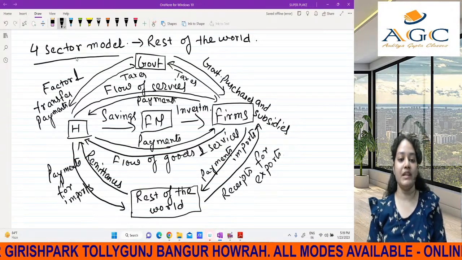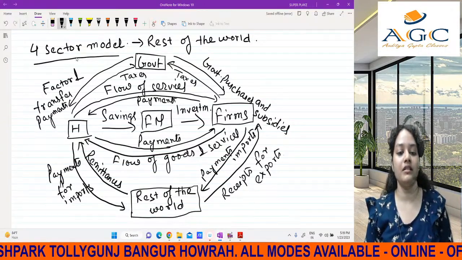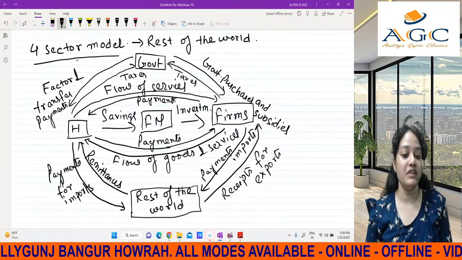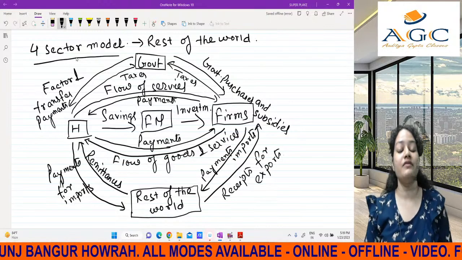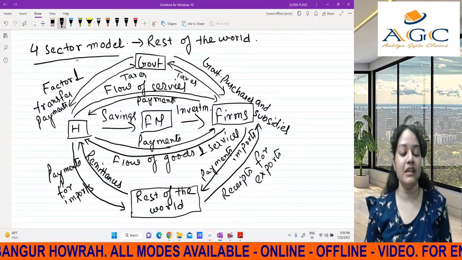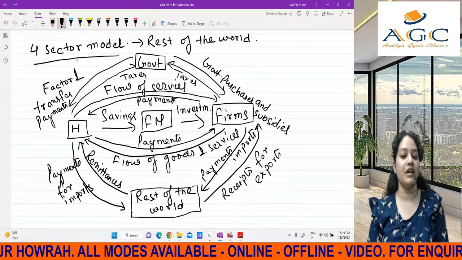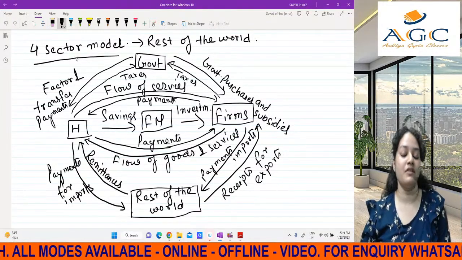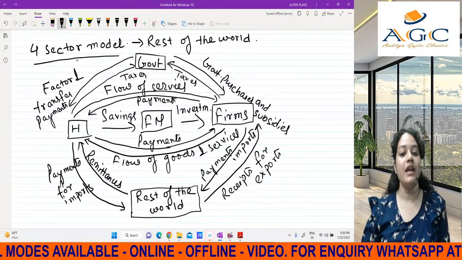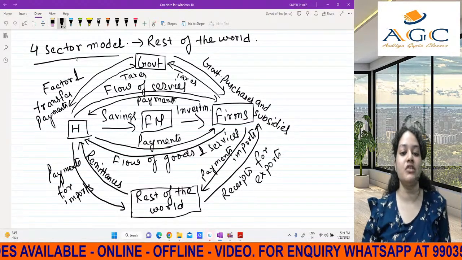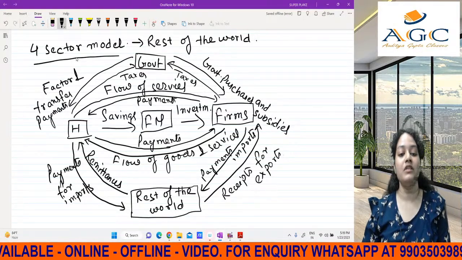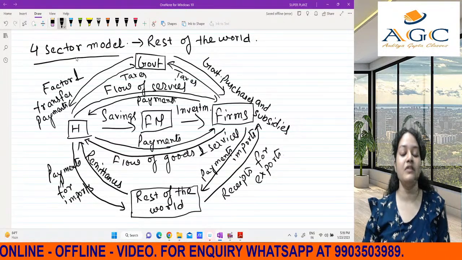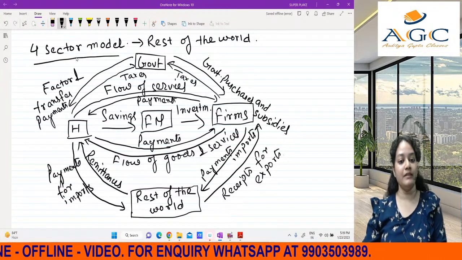Okay, so this is basically the four sector model, and in the four sector model, all the sectors are being taken into account. So I'm just giving a brief explanation. In the two sector model, without savings and investment, what is happening there? Our savings and investment and financial market part is not coming. From the household to the firms, what is happening? Flow of services, because we are working for a firm and we are providing our services to the firms, right? And obviously we won't be working for free, so from the firms to the household, what is happening? We are receiving payments. Clear?